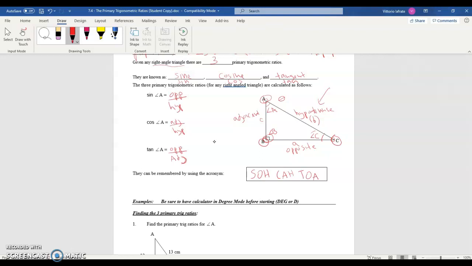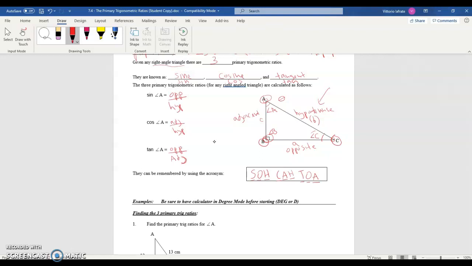Where S stands for sine, O stands for opposite, H hypotenuse. So sine is opposite over hypotenuse. C stands for cos, which is adjacent over hypotenuse. And T stands for tan, which is opposite over adjacent. So if you remember SOHCAHTOA, then you remember your